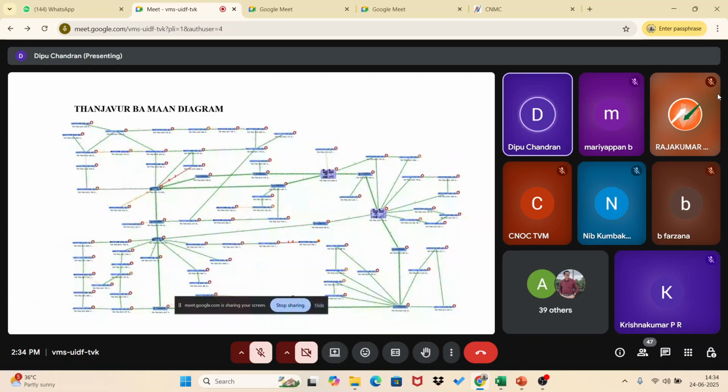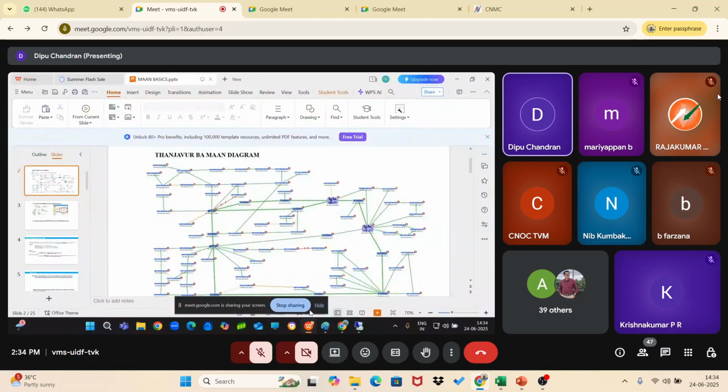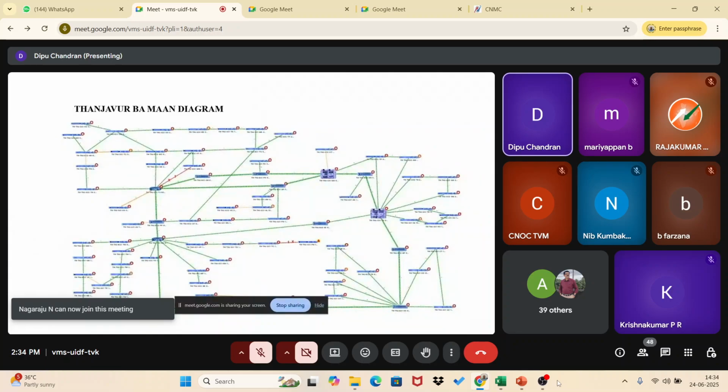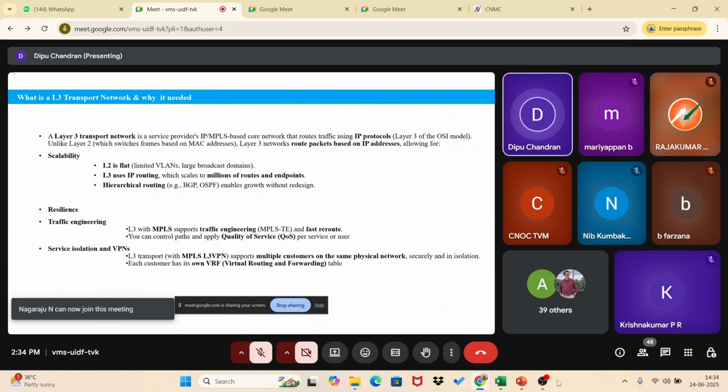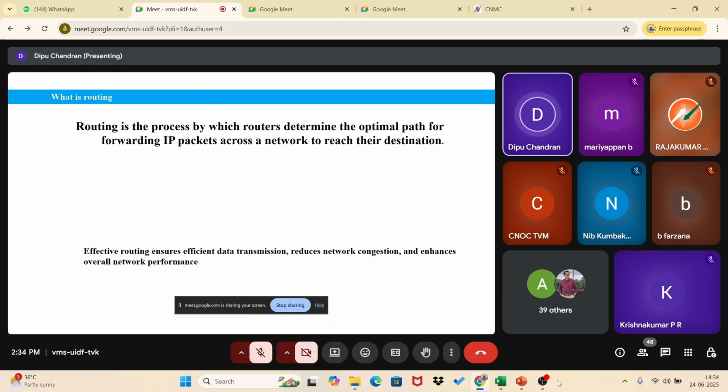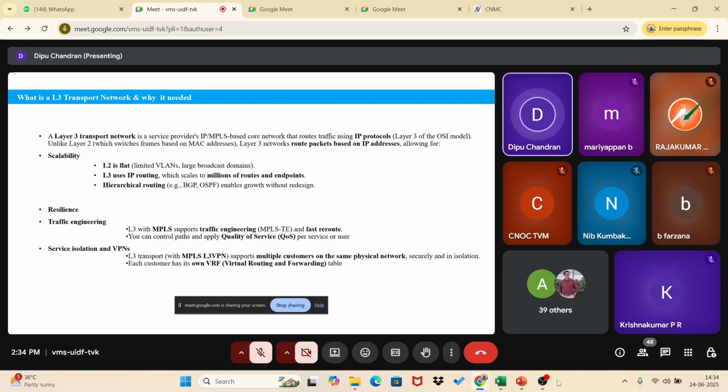There is a bit of an issue in the MAN network, but that can be easily settled, and it is now in a much better manner than the previous one we had. And we can do traffic engineering: which link has to carry how much traffic, and which link I have to prefer. All this I can do in the traffic engineering part of this network.